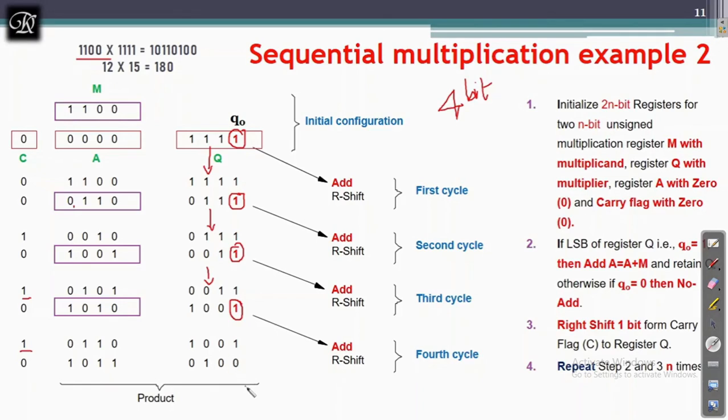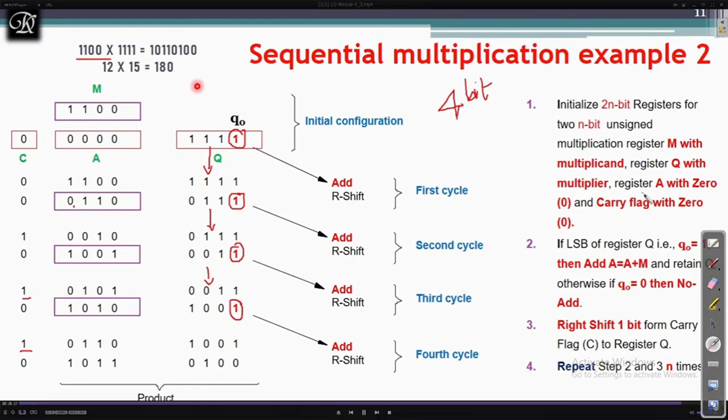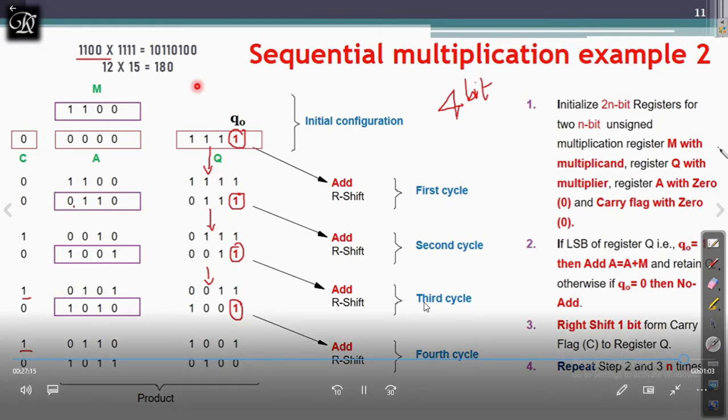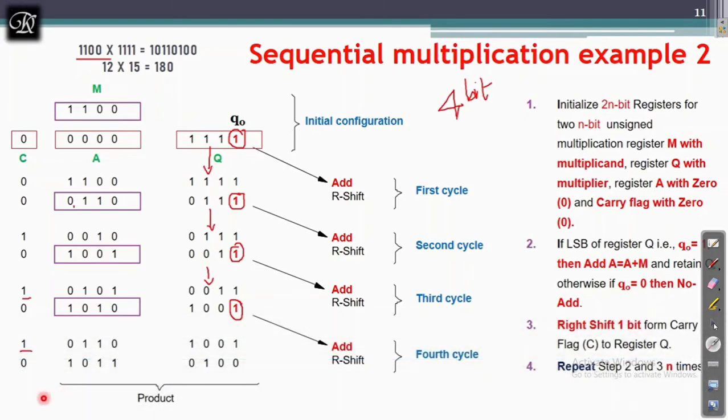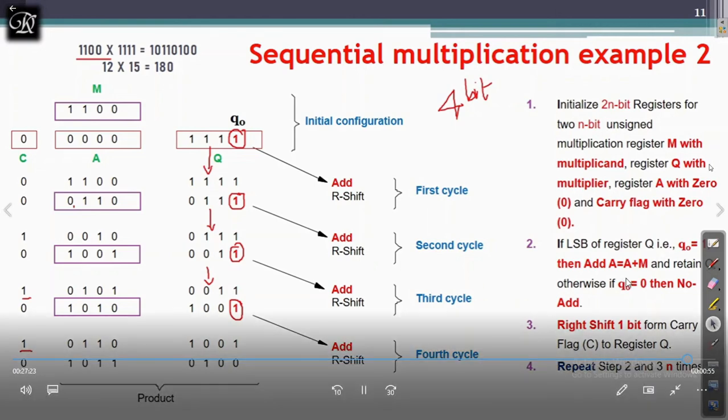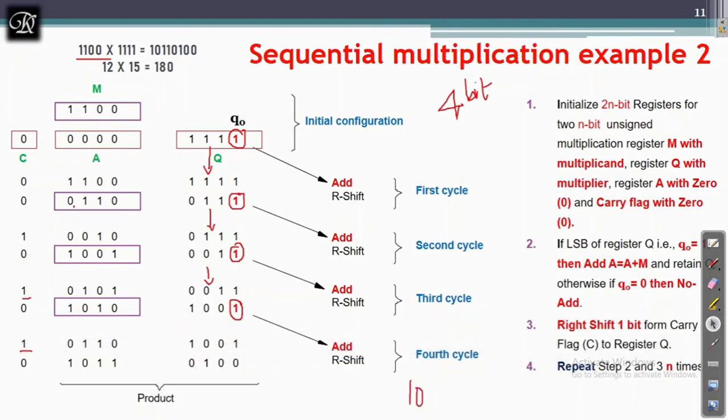And what if the numbers given are one 5-bit and the other 4-bit? What to do? Then convert the lower number of bits to the higher number of bits. I'll take a simple example, not explain a complete one. Consider I have got a 17. 17 is 0 1 0 0 0 1, and I have to multiply this with, consider, 12. 1 1 0 0. 12 is already there, so I'll take the same.